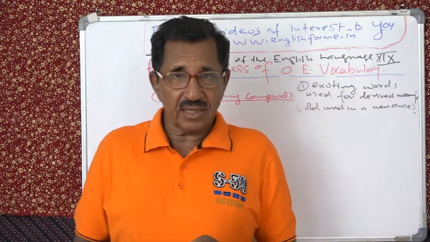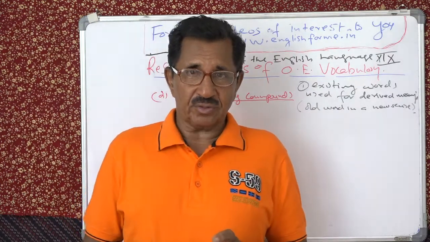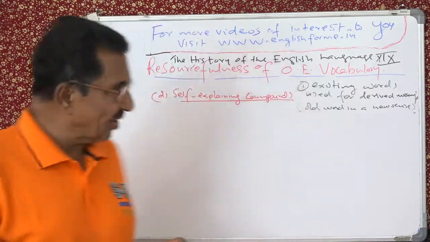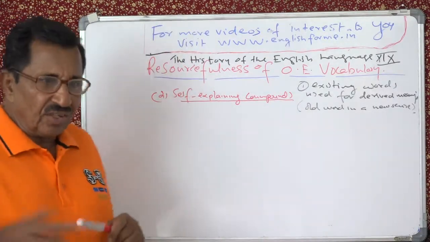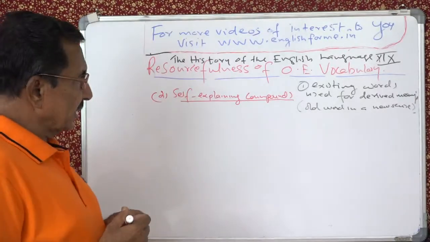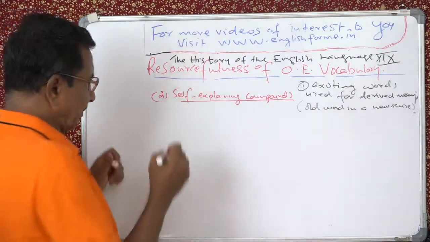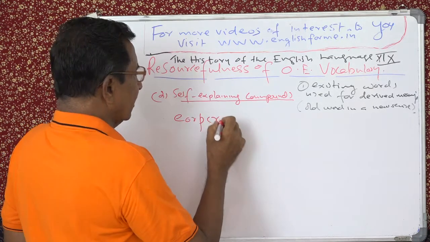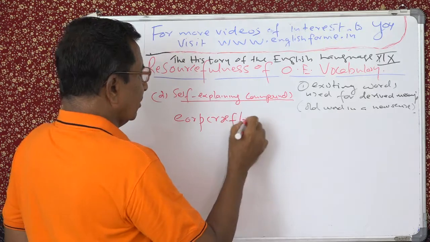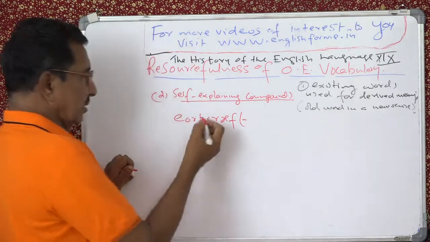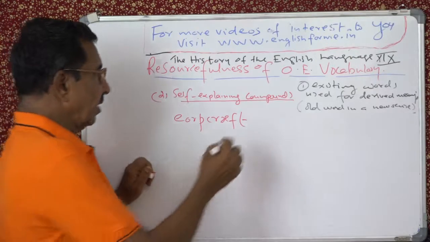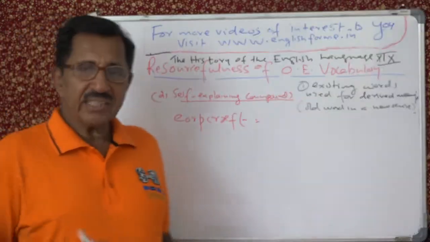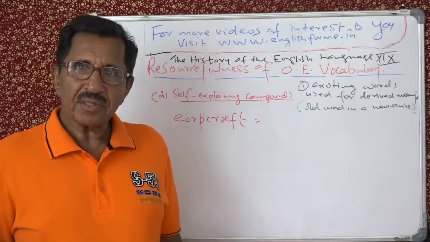For example, if I say electrocute, this is not a self-explaining word. That we will see later. Let's not mix it up. So for example, you have got yacht craft. That's an old English spelling. What is earth craft? You can see, earth means earth. Earth craft. What is earth craft? Geometry.